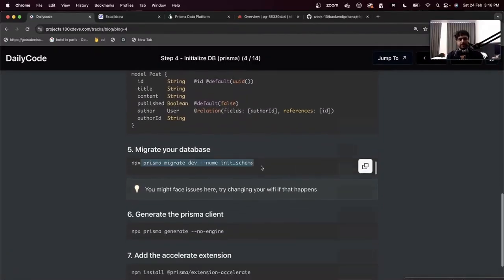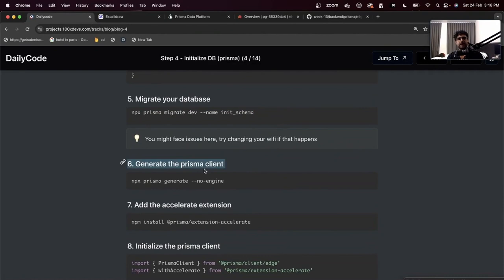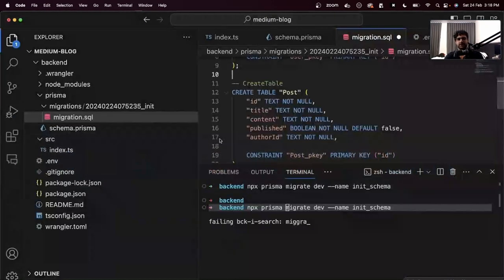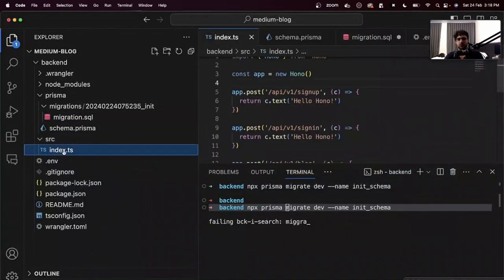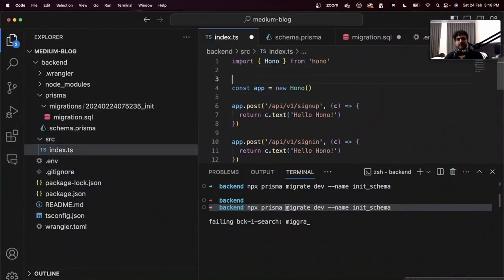This command ran. Next up, generate the Prisma client. After you migrate your database, if you remember from the Prisma class, the next thing you have to do is generate the client. Harkirat, what does client mean? It basically means, okay, finally when I go to source/index.ts, I need a